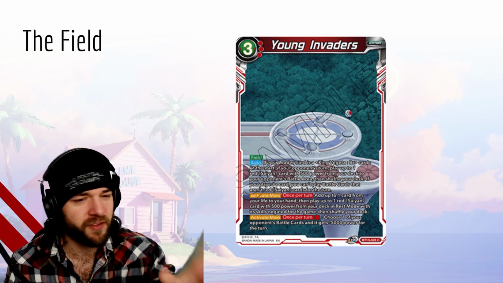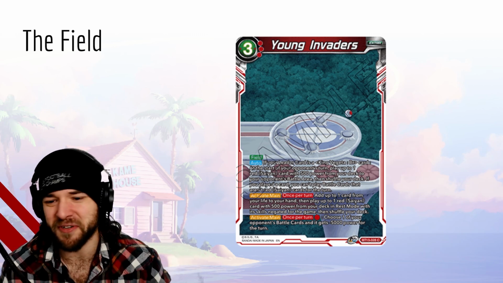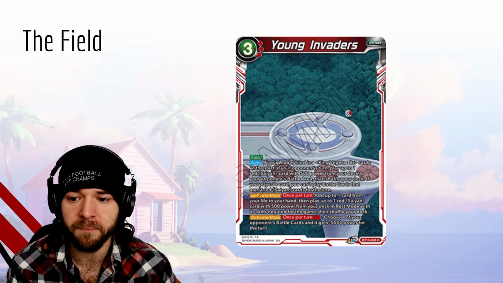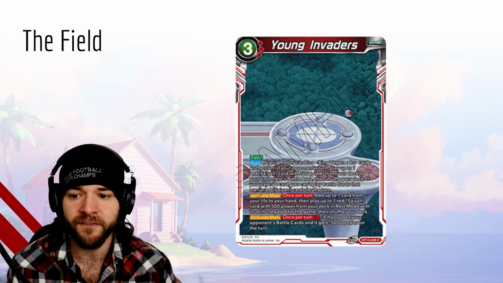You're sending stuff over their board, which could be busted if it wasn't the cards we were sending them, which we're about to see in a second. Activate main, once per turn, add up to 1 card from your life to your hand, then play up to 1 red Saiyan card with 500 power from your deck in rest mode, skills negated for the game, then shuffle